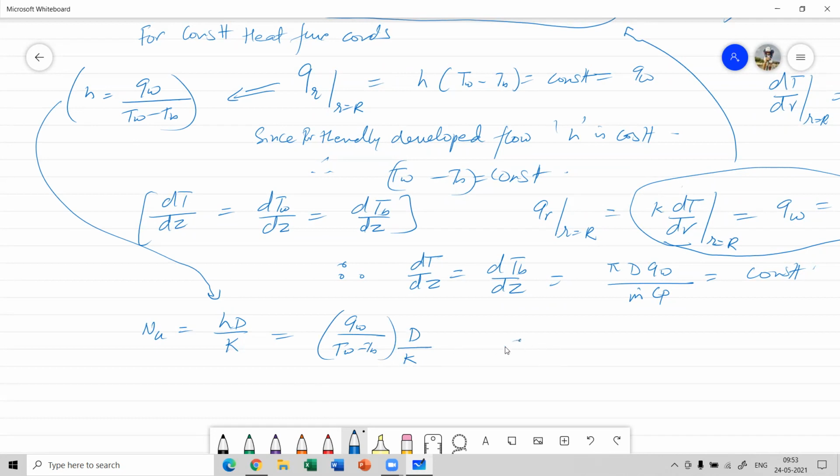So therefore, dTb by dz, which is equal to pi d qw by m dot Cp, and m dot Cp